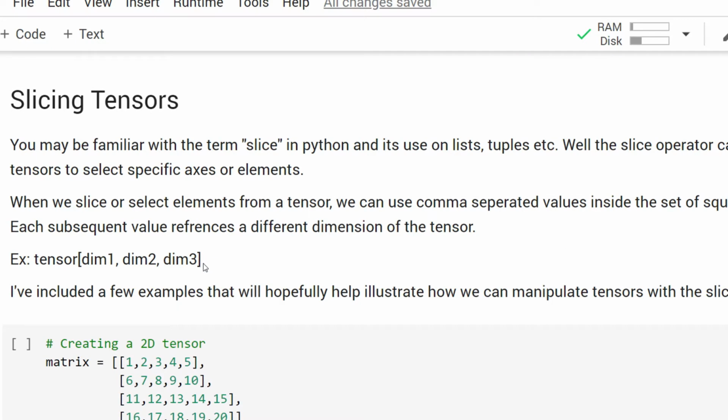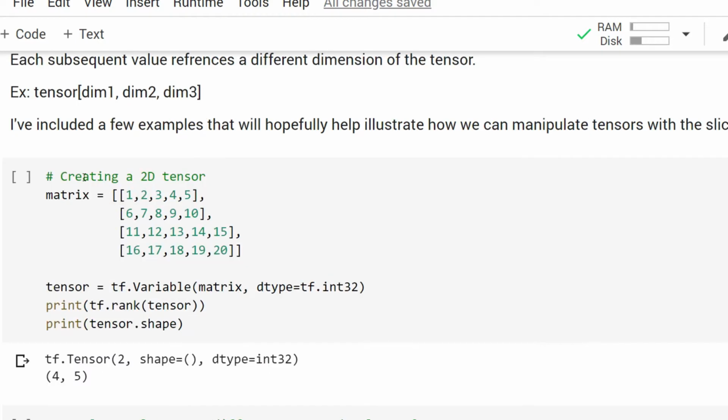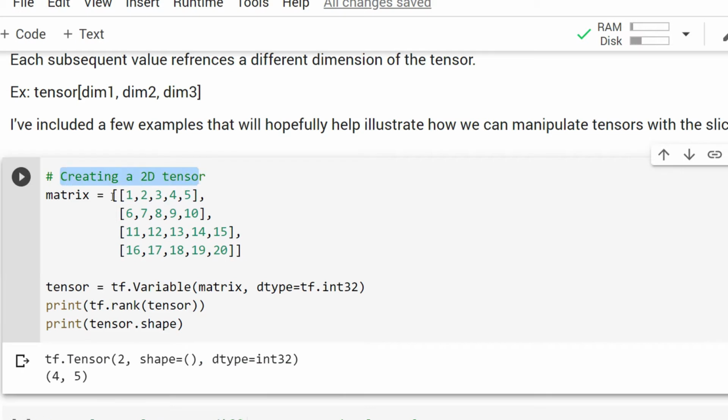Now slicing the tensor. Now I want to slice a tensor and bring the values out of the tensor according to my need. It can be done by first creating a 2D tensor. Now my tensor is this. It is a 4 row and 5 column tensor. So the dimension is 4, 5. So it is a variable matrix and the rank of the tensor is 2. Why? Because the dimensions are 4 by 5, so it is a 2D tensor, right? And the tensor dot shape means 4 by 5 is the shape.